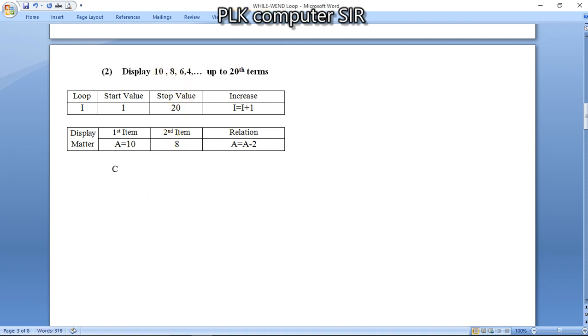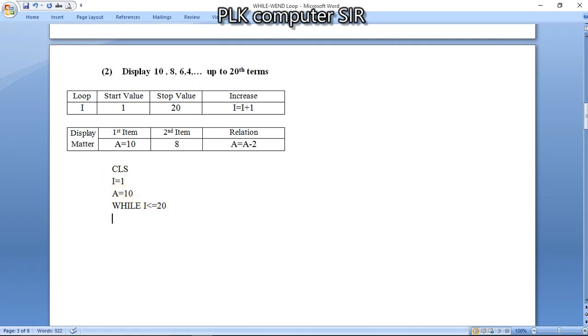So if we write the code: CLS, initialization of the loop, initialization of the display item, condition while I less than or equal to 20. So the condition is 20. Any initialization you can do first, it won't make any difference.